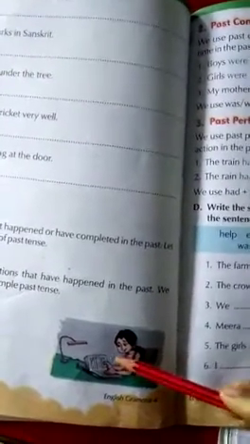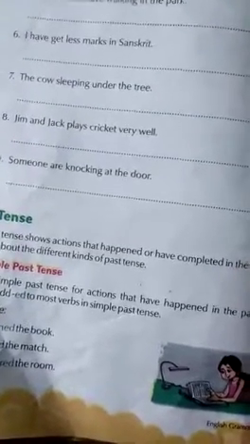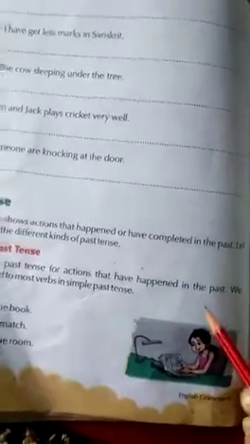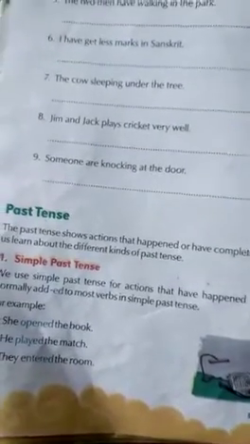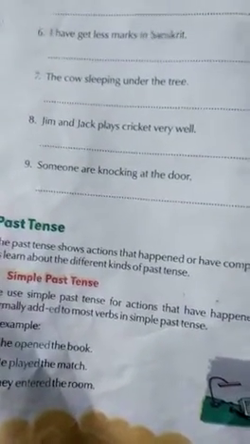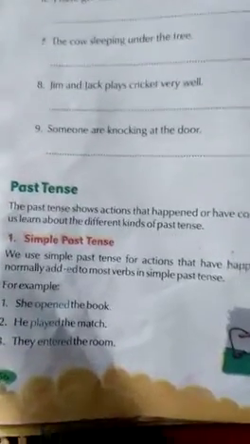Children, what is past tense? We use this tense to talk about an action that was happening at a particular time in the past. It means that it is done already in the past. The action that has been done already in the past is included in past tense. So, an example of past tense: Priya wrote a letter to her father. It means she has already written it, so it is included in past tense.